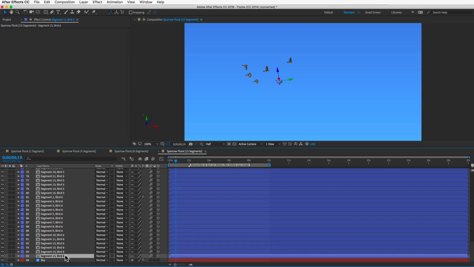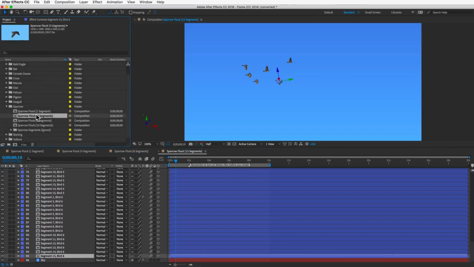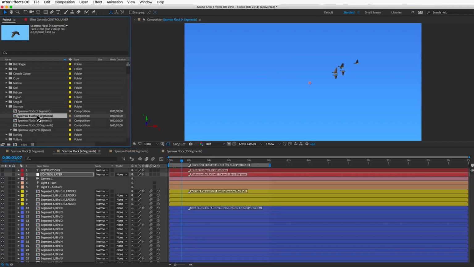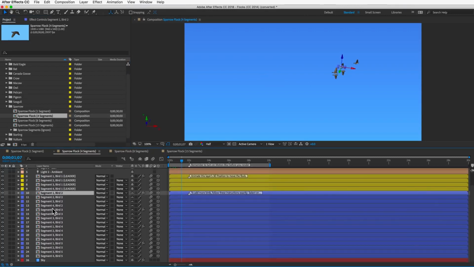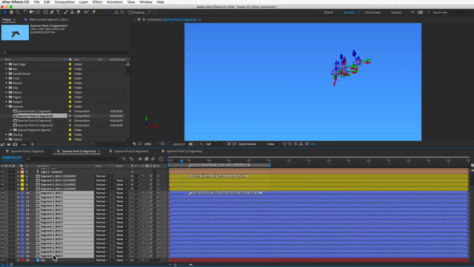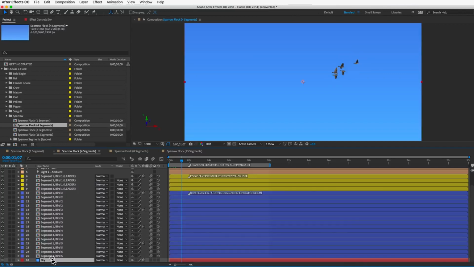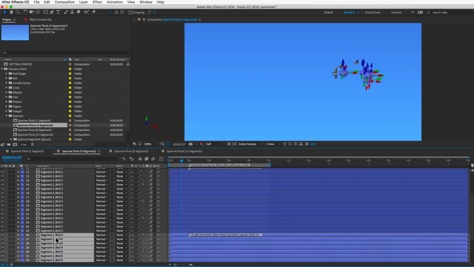What you can do though to speed things up is select multiple birds at once. I'll open the 4 segment comp and I'll select the segment 1 layer at the top and then go all the way to the bottom and select the segment 4 layer of the last bird. So now I've got 4 birds selected, so I'll copy those and paste them to the bottom,